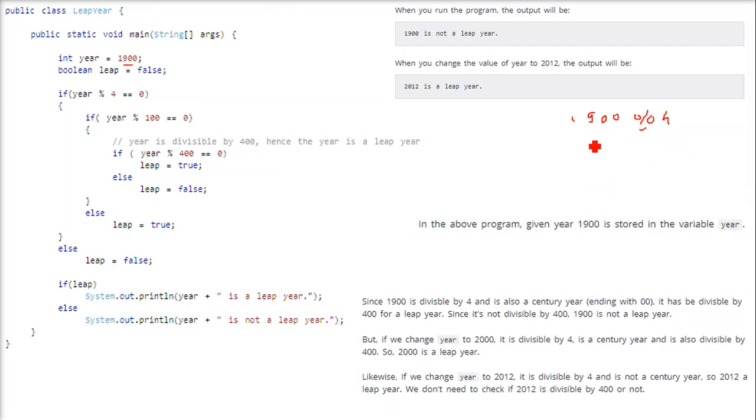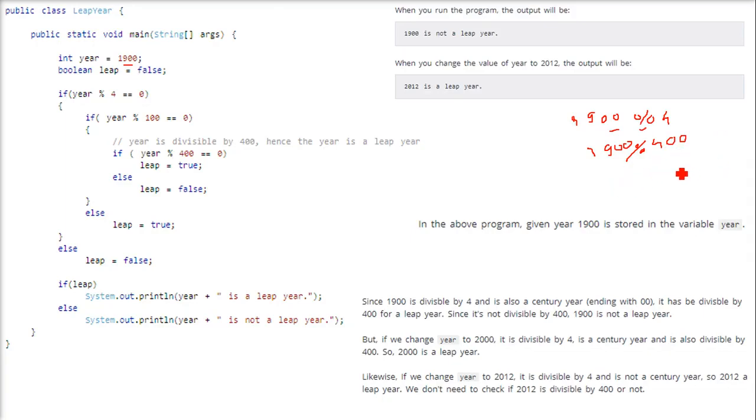So since 1900 is divisible by 4 and this is also a century year, that means we have two zeros after this, that is, ending with 00. It has to be divisible by 400 also to be a leap year. But if you divide 1900 by 400, or find the modulo with 400, you know that 4 fours are 16, so 1600, and then 4 fives are 20, that is 2000 it will be.